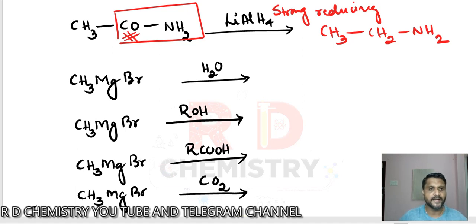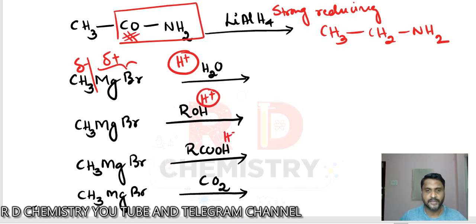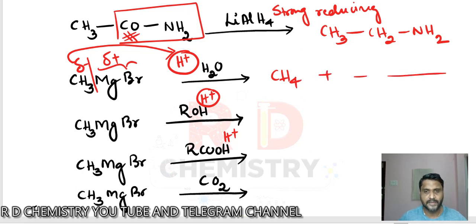Then we have got Grignard reagent. In the Grignard, remember, this is a polar species. So CH3 minus and the remaining part is MgBr plus. Okay, positive and negative parts are there. Remember, whenever Grignard comes in contact with any species containing acidic hydrogen, water contains acidic hydrogen, alcohol contains acidic hydrogen, carboxylic acid is acidic in nature. So what will happen? The CH3 minus, the negative species, will take up the H plus, therefore it becomes the hydrocarbon CH4, and the magnesium salt is not required. So here also we get CH4 and here also we get CH4.